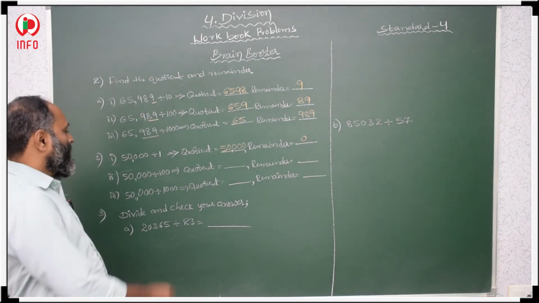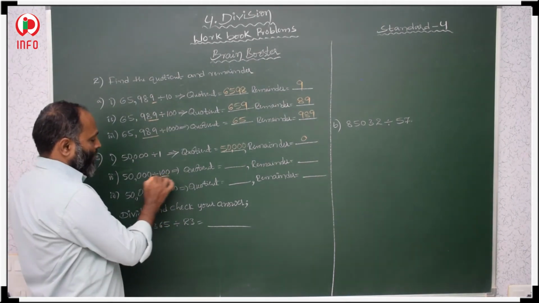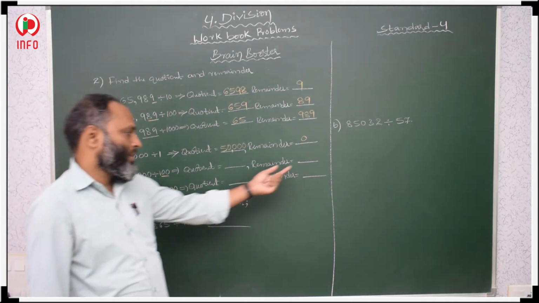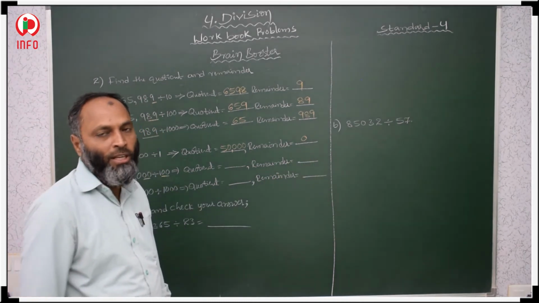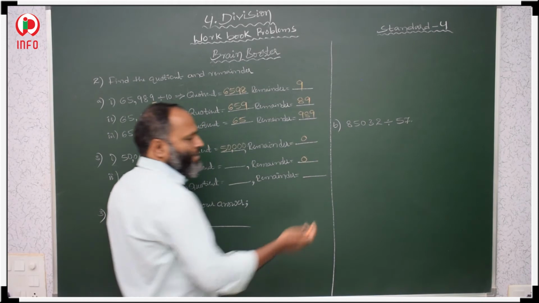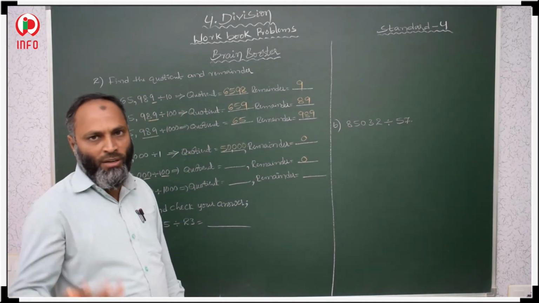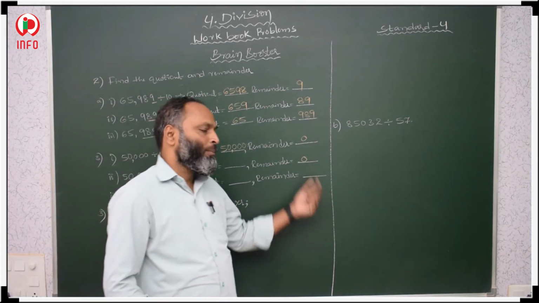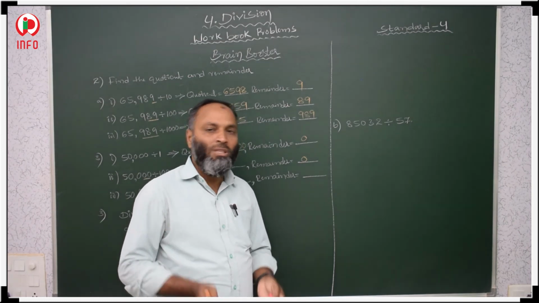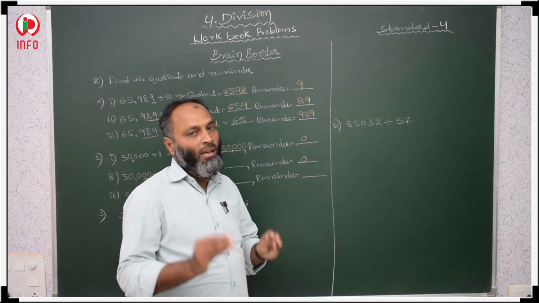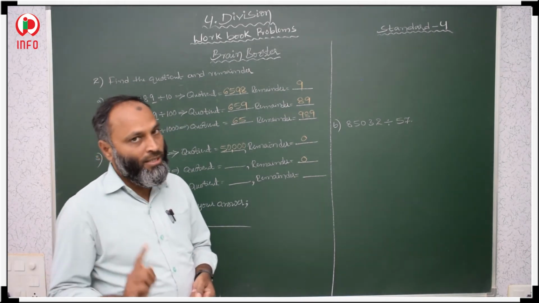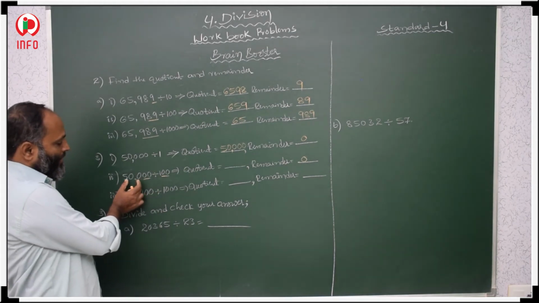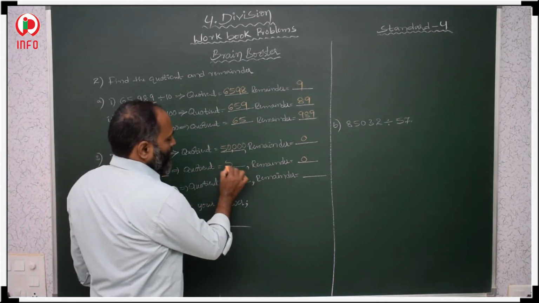In the next case, here we are dividing with 100. Last 2 places are our remainder. Last 2 places are 0, 0. So we do not need to take 0 two times. 1 time is enough. Whether 2 zeros, 3 zeros, 4 zeros, 5 zeros, or even 10 zeros, no need to write 10 zeros. Only 1 zero is enough, because the answer is 0 only. Then after getting 2 zeros as a remainder, what is left? 500. So this is our quotient.